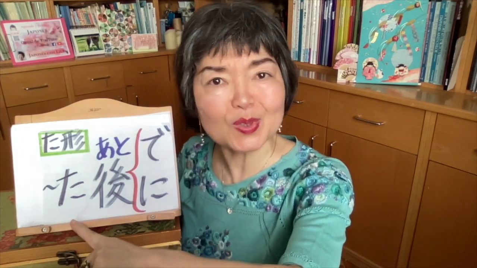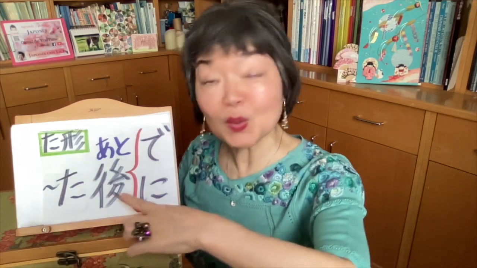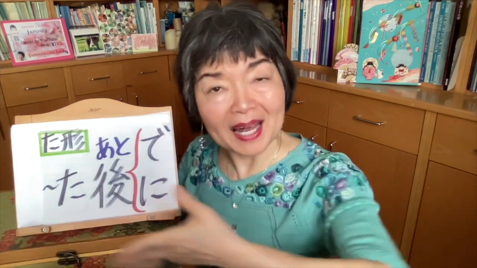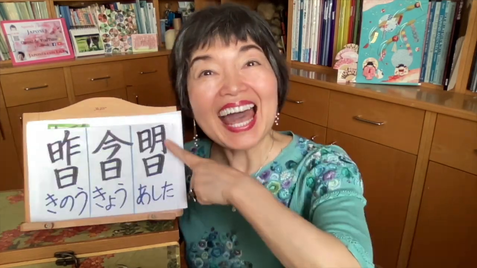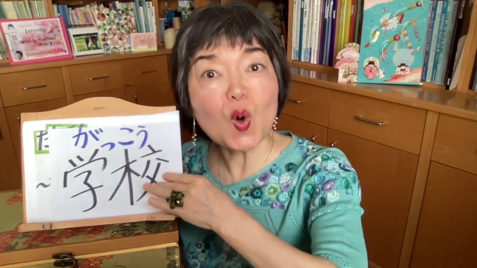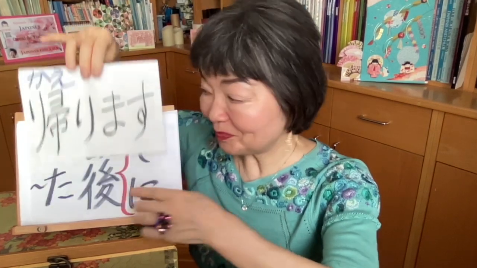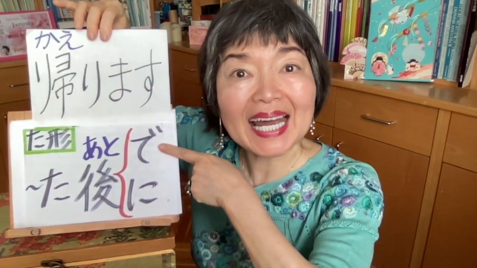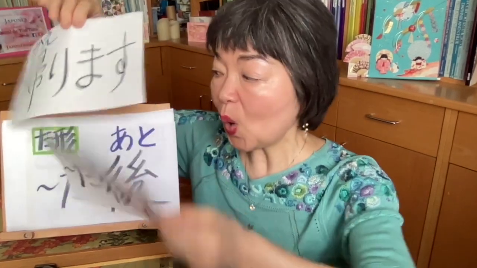Some people might think that た後で is like a past, but this is the expression we must use with the た form, even when we talk about the future. Only the last verb is in the future. 明日学校から帰った後で、学校から帰った後に、学校から帰った後、友達とゲームをします。